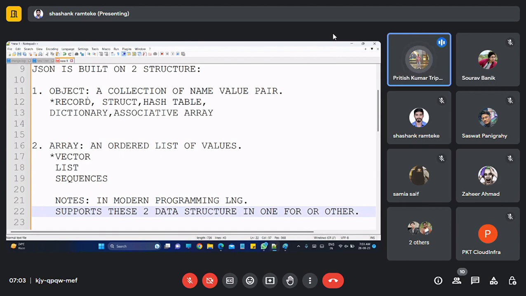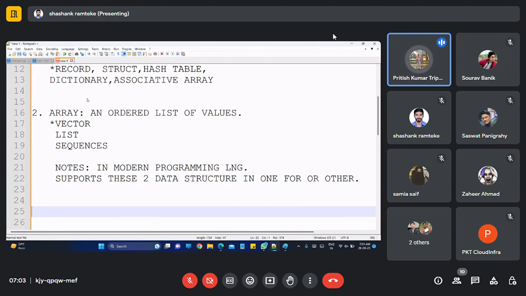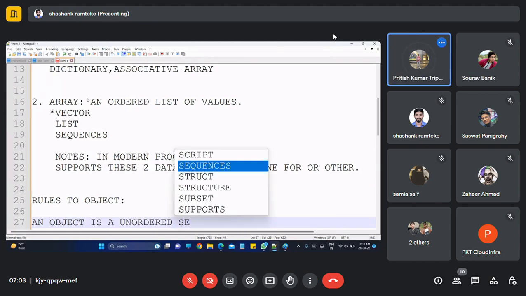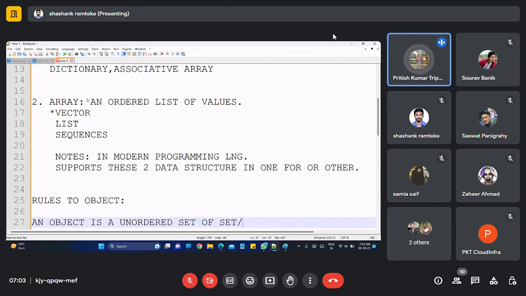Okay. Now there are certain rules to write an object. See, an object is an unordered set of name/value pairs.